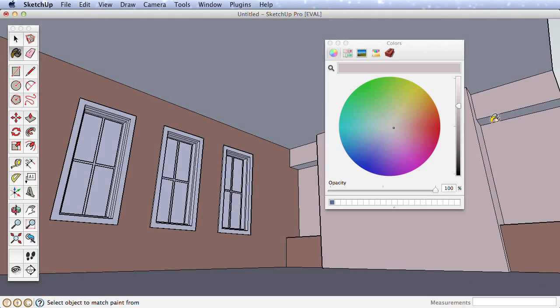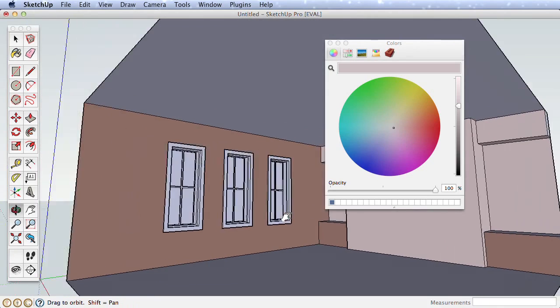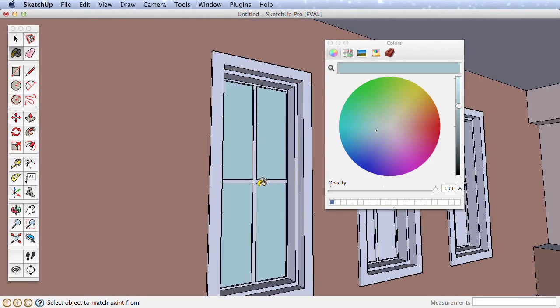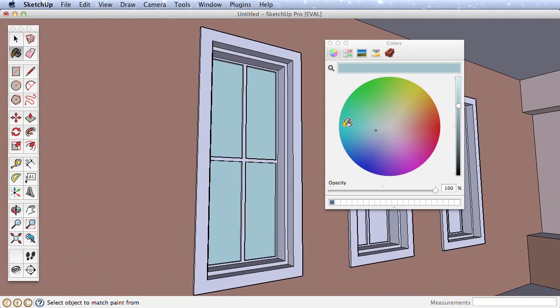For the windows, we'll introduce a tip to make the process easier. To start, let's pick a pale bluish color to represent the glass in the windows. The trim, however, has lots of little surfaces to work around and paint. Try this. Since our window trim is all still the default blue color, we can paint it all at once